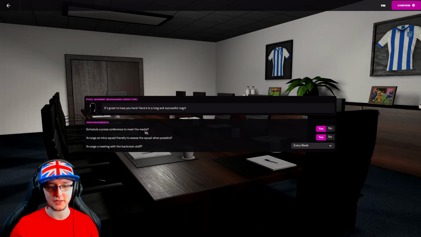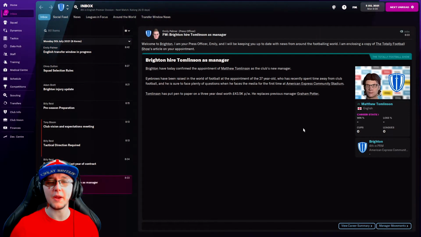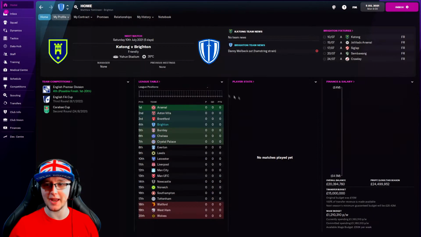Now, schedule press conference. Yeah, why not? I'll do that, but I won't make you fine folks suffer through that. Arrange an inner squad friendly to assess. No, I don't tend to do that. Arrange a meeting with the backroom staff once every month, because I don't need it popping up all the time. So, I am going to crack on with that press conference, try and get some players in, and then we will be getting on with our first game of the season, which will be against...